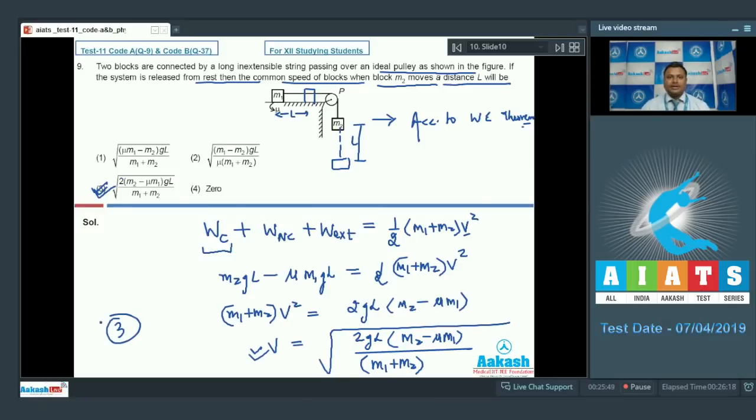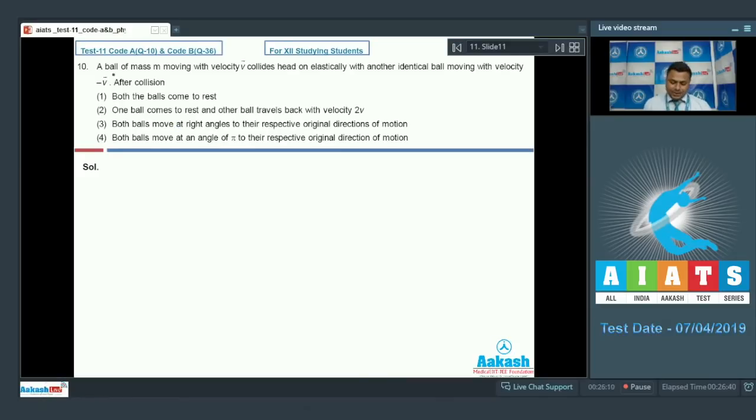Now move on to the next, that is number 10. Here is question number 10, everyone. A ball of mass m moving with velocity vector v collides head-on elastically with another identical ball moving with velocity minus v. Now it is clearly mentioned in the question that the type of collision is perfectly head-on elastic between two identical balls. So therefore we know very well that for elastic head-on collision between two identical balls, their velocities are exchanged. So for example,